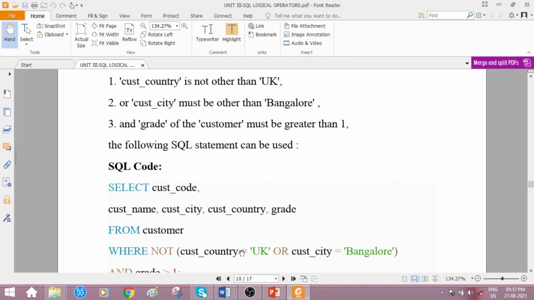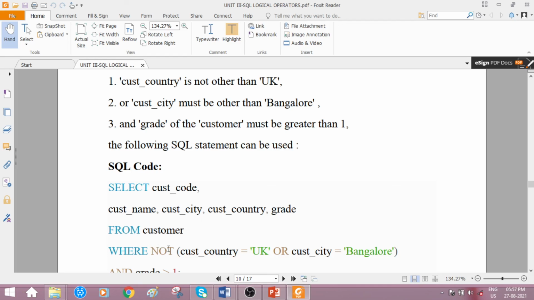If it is not other than UK, or city must be other than Bangalore, or customer city equal to Bangalore. If either one of them is true, let us consider the first case. If customer country equal to UK, if this is true, it doesn't go to check the second or condition. It makes it false here.